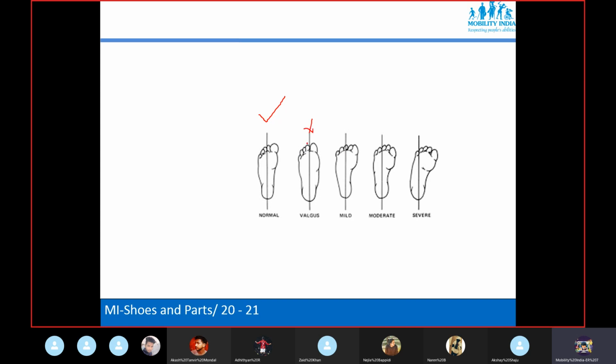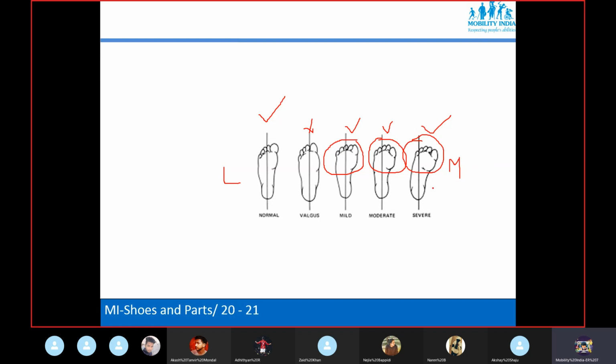You can see this picture, this picture, this picture. What is it showing? This is the medial side, this is the lateral side. Where is the forefoot moving? Anyone can answer? Medial side. Yes, towards the medial side.